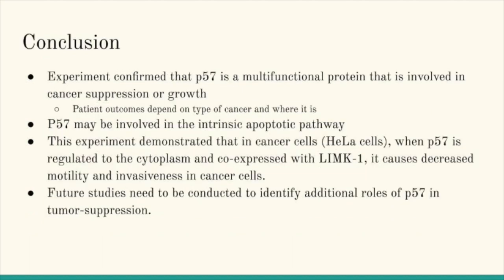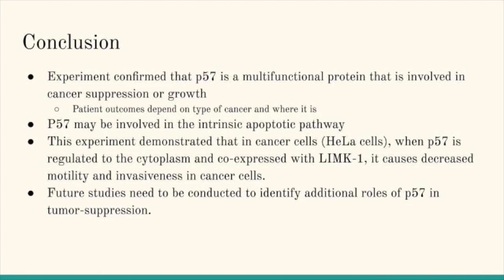So in conclusion, the experiment confirmed that P57 is a multifunctional protein that is involved in cancer suppression or growth, and that patient outcomes in regards to P57 would depend on what type of cancer and where it is. P57 was also thought to maybe be involved in the intrinsic apoptotic pathway, and this was found when apoptotic stimuli were put into the cell, P57 was regulated to the mitochondria where it is involved in the intrinsic apoptotic